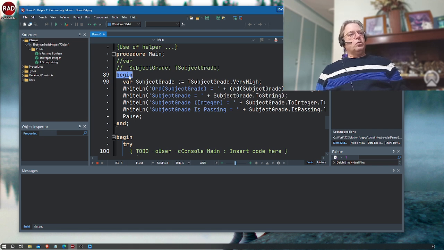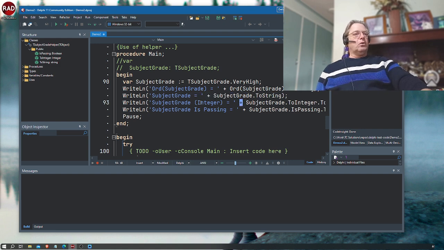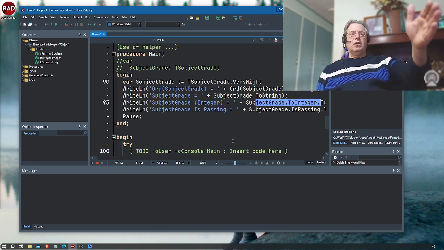With being able to just declare the code in place, it just makes things so much easier. Also, what you can see here now is I'm going to tell you what the subject is as a string on this line here. This line here, we're going to see what the integer value is, and because of the way I'm writing it with a plus rather than a comma, I'm going to convert that integer to a string as well. Is passing is a Boolean value, and I can convert that to a string as well, by, let's say, chaining